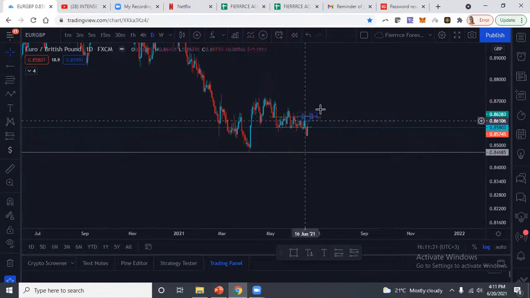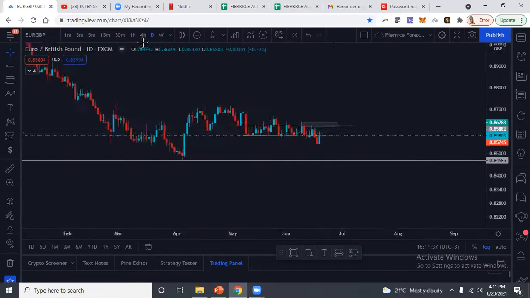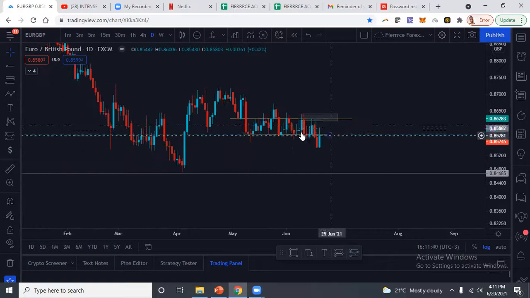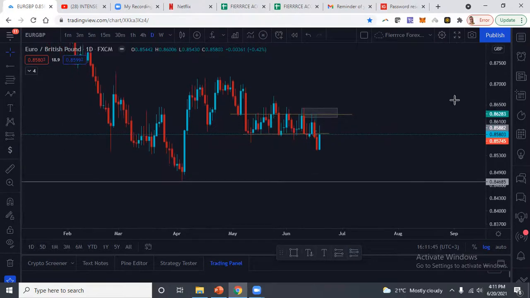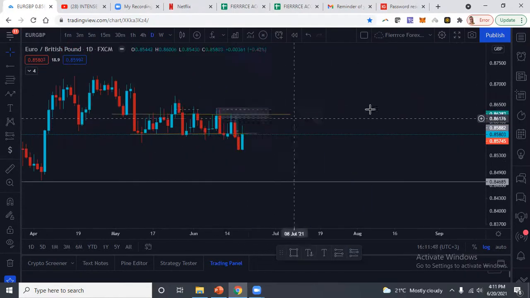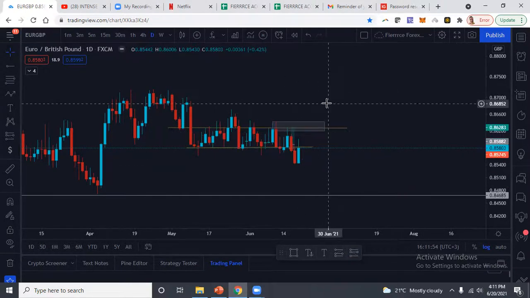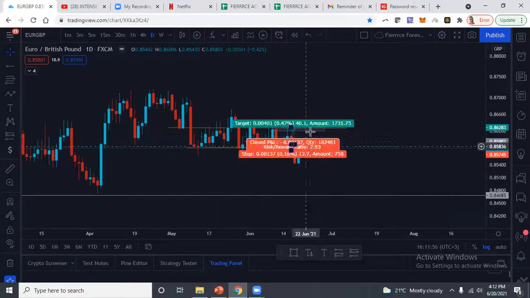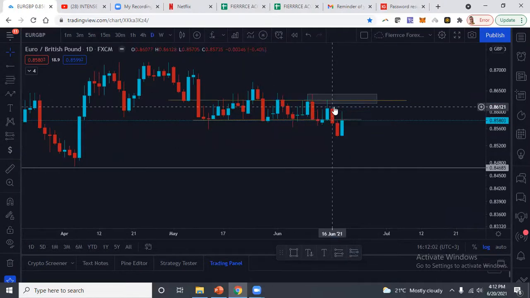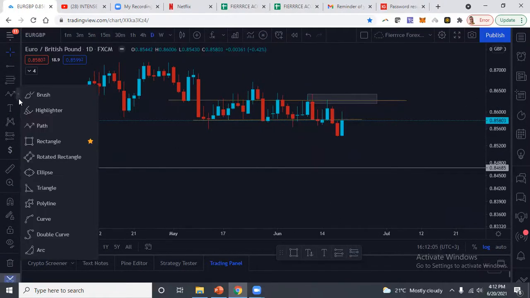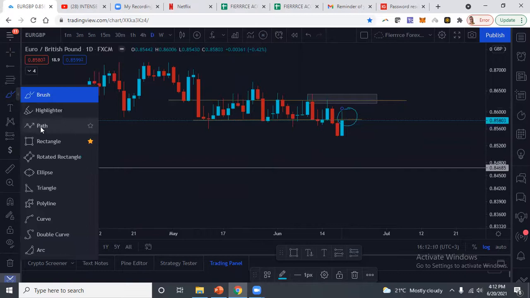Let me look. Euro GBP failed to break this. And if you look, I gave a trade last week. Let me be a bit transparent. I gave a trade last week on the 16th, on Wednesday, Euro GBP. And I actually thought it would push up, but it hasn't. Now, this candle here is an interesting candle, and I think this might be a sign that we are still headed down.